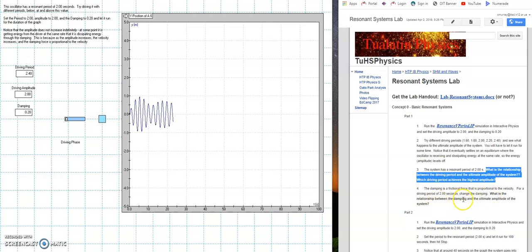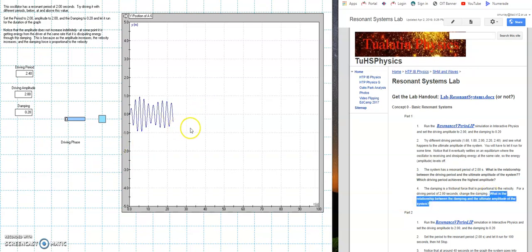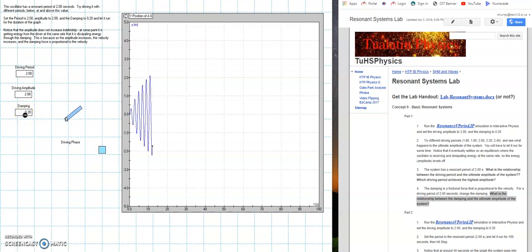Change the damping. What is the relationship between the damping and the ultimate amplitude of the system as well? This is fairly straightforward to you, right? Remember, damping is something that takes away energy, right? So if we get rid of damping, so let's make the damping... Actually, let's go back to the resonant frequency, so 2. All right, let's hit run. Remember, this thing basically, I think it leveled off a little more than 3 meters of amplitude. And that's with a damping factor of 0.2. Let's just see this again